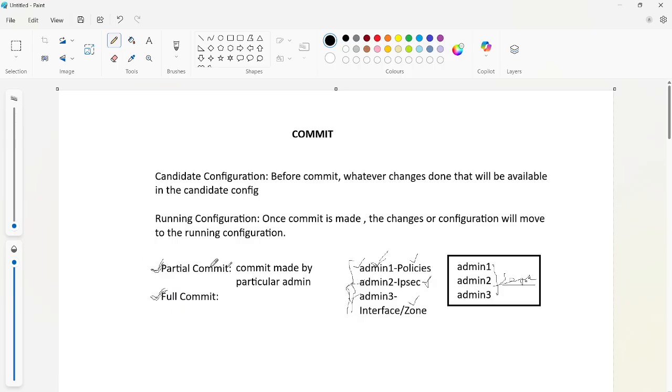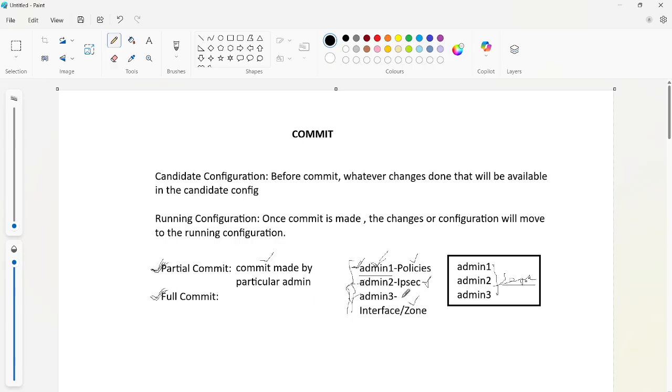But whenever multiple admins are logged in and making changes, the best practice is to go with a partial commit. Admin 1 does a partial commit, so only the changes admin 1 made will be pushed into the running configuration.